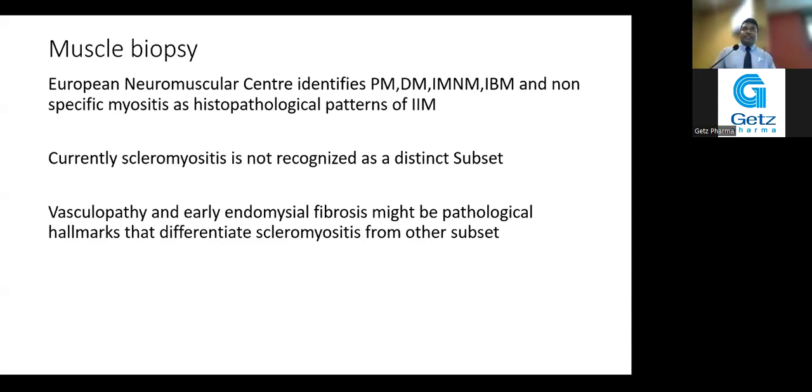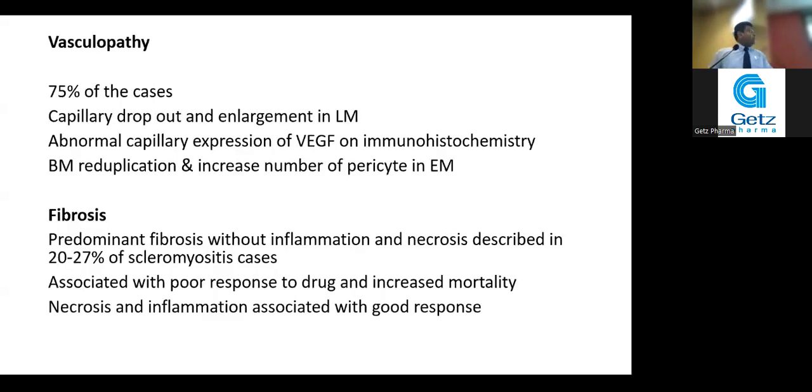However, if you look at the biopsies of scleromyositis, 3 major characteristic features which are not seen in other subsets of the scleroderma myositis spectrum can be identified clearly. They are namely the vasculopathies and endomysial fibrosis. So talking about the vasculopathy, which is the commonest finding peculiar to scleromyositis, under light microscopy, with a Chinese stain, you can appreciate the capillary dropouts and enlargement of the capillaries